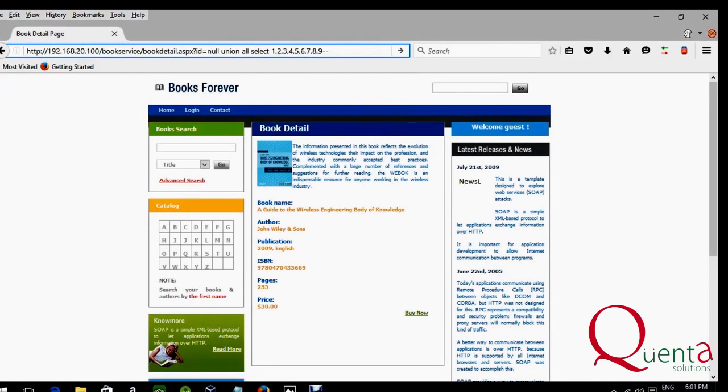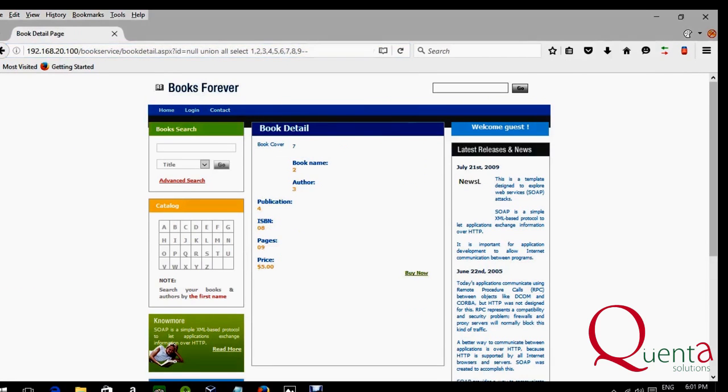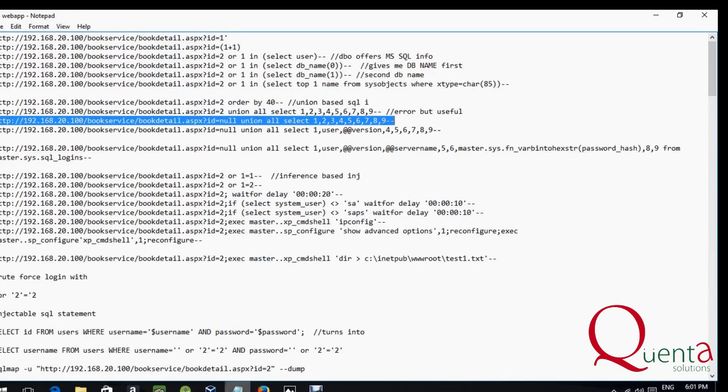And we paste it in. And as you could see, fields number 7, 2, 3 and 4 are fields within the table which enable an attacker to extract data out of the application. For instance, I prepared a query over here